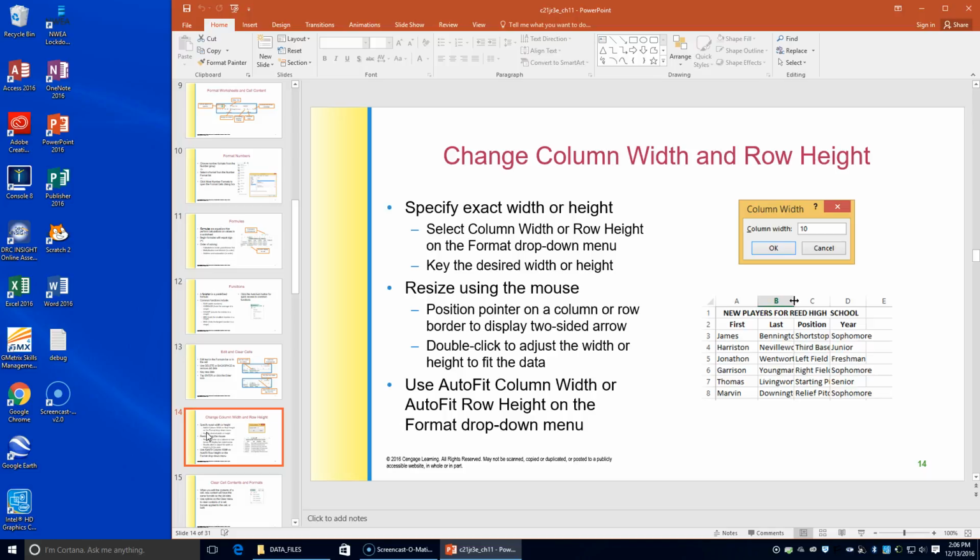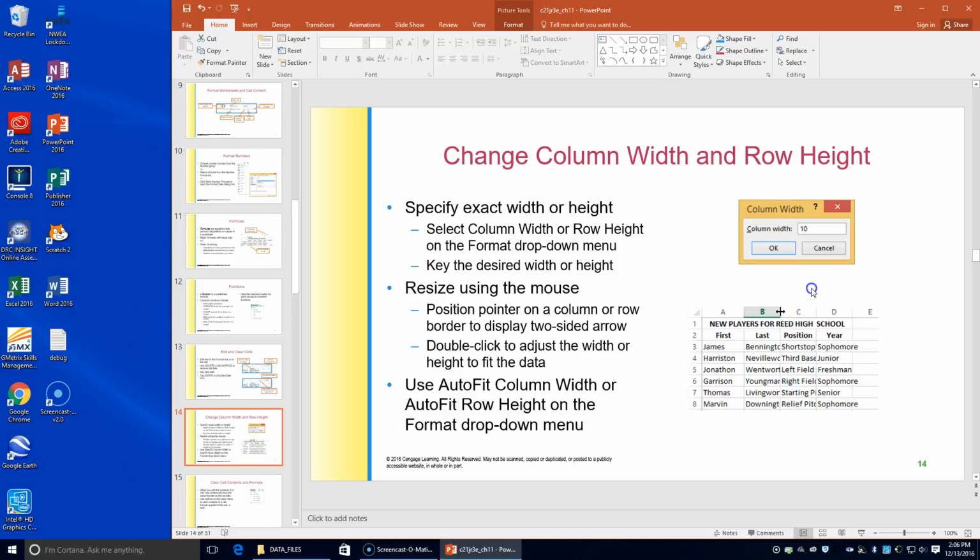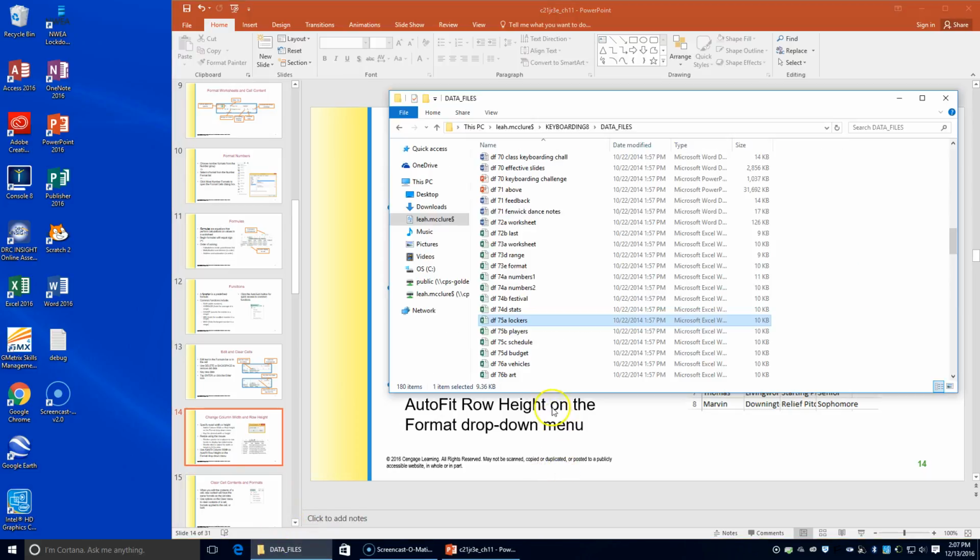So we're going to open up DF75B. Okay, so on this it shows us here column width. We can resize using the mouse, which you can see in this picture right here. Double clicking in between the column header of B and C. If you double click there, it will automatically expand the row to make it fit the largest entry. Go to your data files, find 75B players,